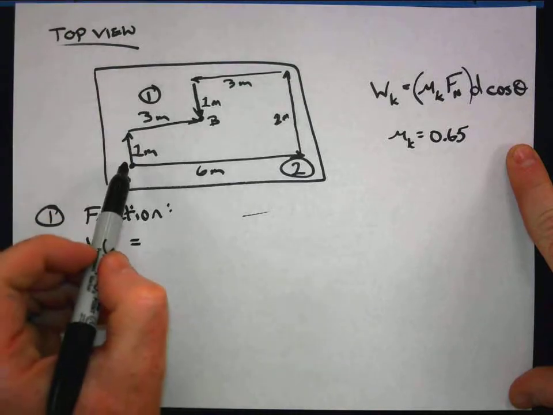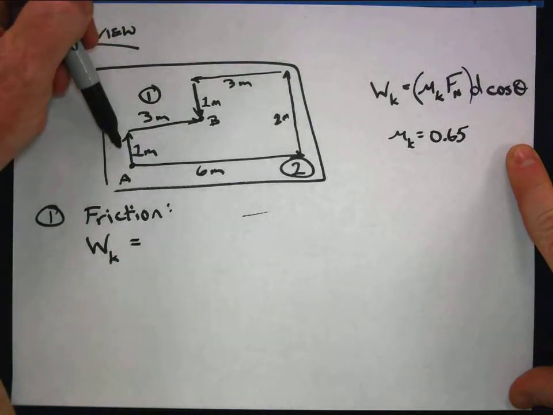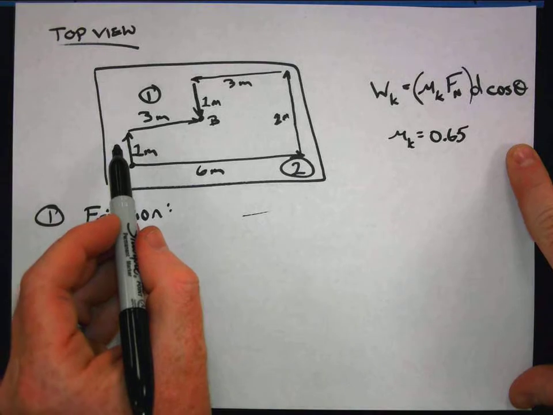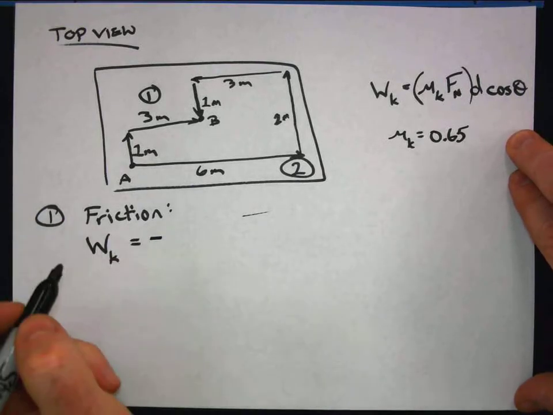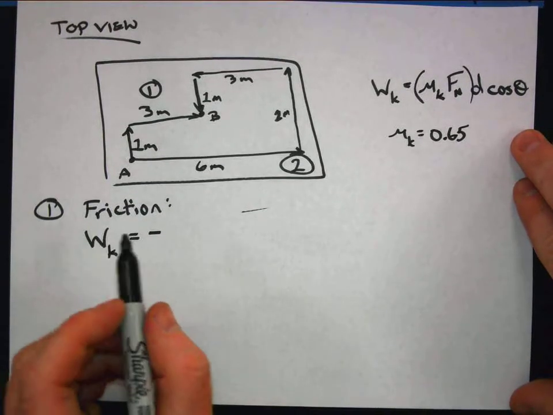So the angle between the force of friction and the direction of travel is 180. So I'm going to have a minus sign here. Cosine of 180 is -1. And so I have my